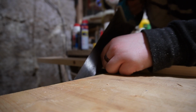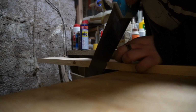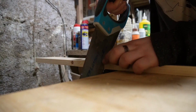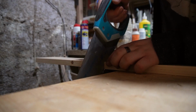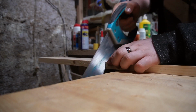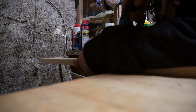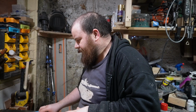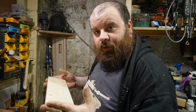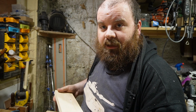So start at the corner, go down a little bit with both of them, keeping an eye on that. And once we're the whole way down on that face, start working across the front edge. Now I'm cutting these here a little bit long because there's going to be some movement when we're gluing. And when we're all glued up at the end, we'll do one long cut with the handsaw to square up